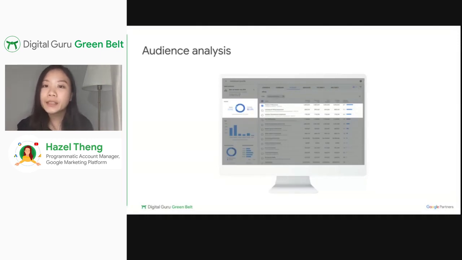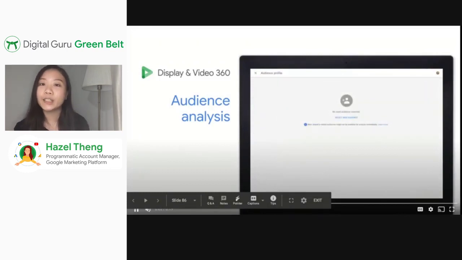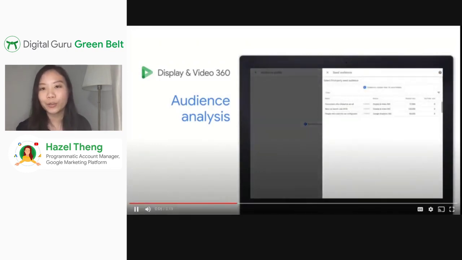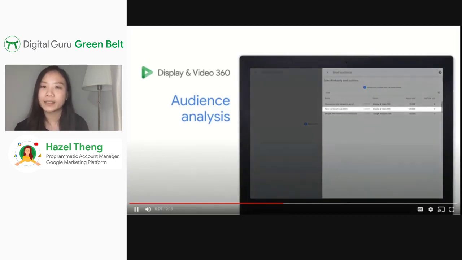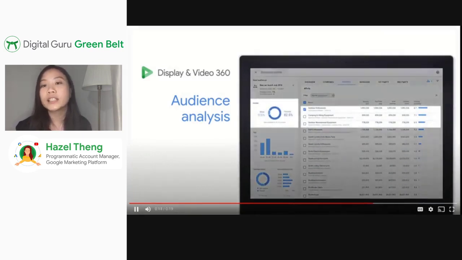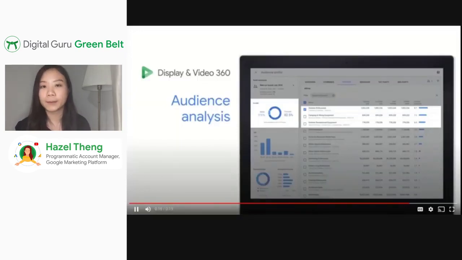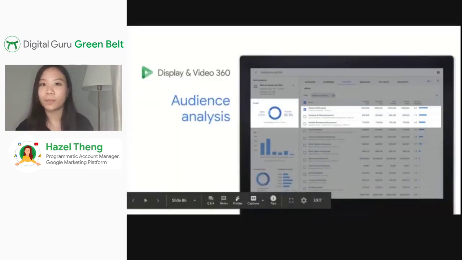Now that Cindy has built and ported these first-party audience segments, she wants to explore more audiences through analysis and understand who her advertiser's target audiences are from a Google affinity as well as a Google in-market segment standpoint. To do so, Cindy can easily use the audience profile analysis tool to understand which audience segments, both from an external partner standpoint and a Google audience standpoint, overlap with her seed first-party audience segments. Let's see how she actually does it on the platform.